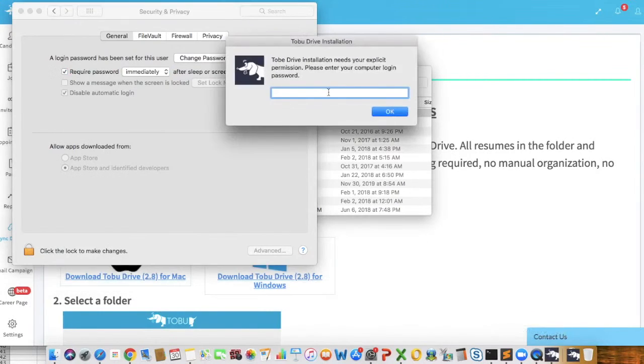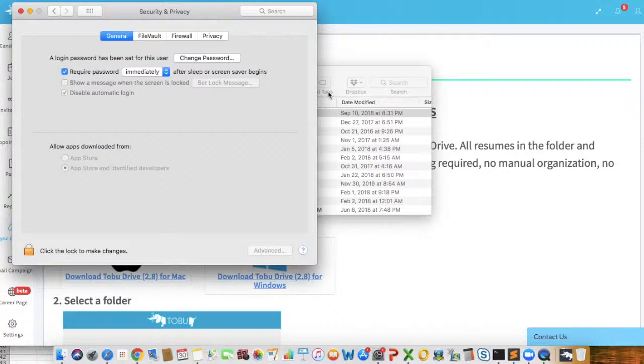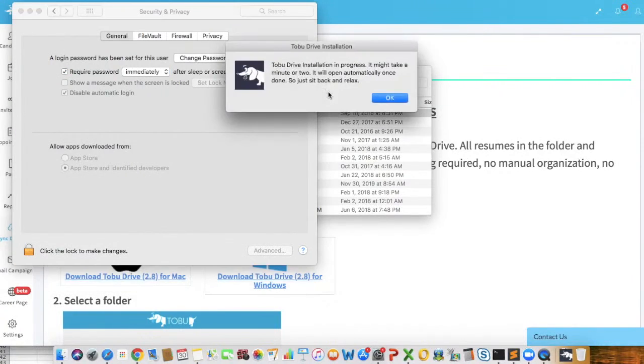Now Java needs to be installed for Tobu Drive to run. So we need to enter your computer's password. So you give permission for Java to be installed and you simply hit OK. And that's it. So the Tobu Drive installation process has begun, and in just a minute or two it'll get done. You can simply hit OK,